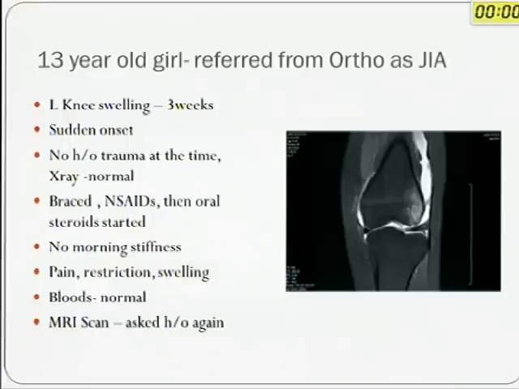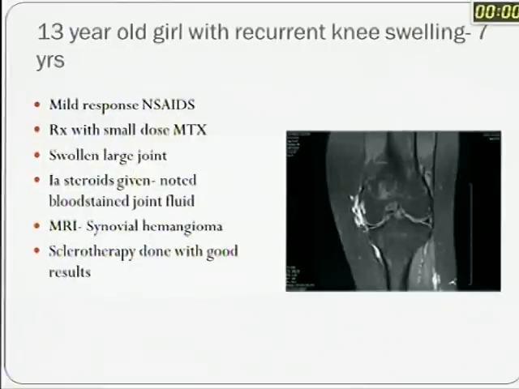This girl was sent to me as a juvenile idiopathic arthritis of the knee, single knee, and 3 weeks duration, very swollen, painful joint, which is unusual for JIA. More than pain, it's stiffness, and very restricted. There was no initial history of trauma. They tried braces, NSAIDs, and oral steroids. I think the brace was taken off early, and then she was sent because she was not getting better. So we did an MRI, hemarthrosis, bony contusion. This is trauma related. When we went back, she'd been dancing heavily on that day, and that was probably the trigger. She just needed orthopedic treatment again.